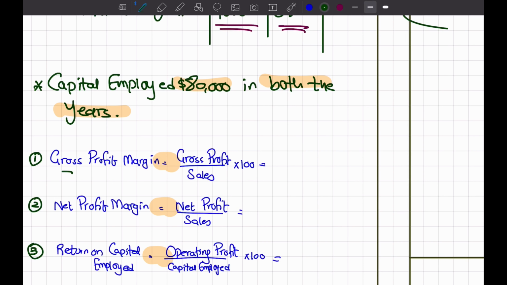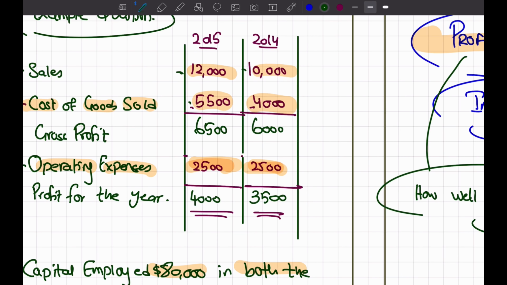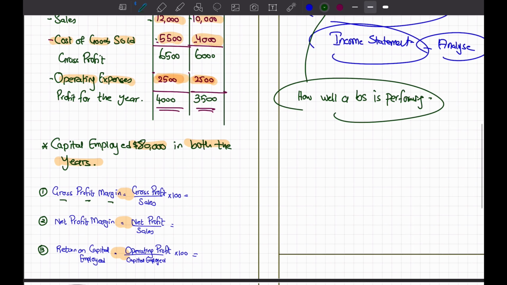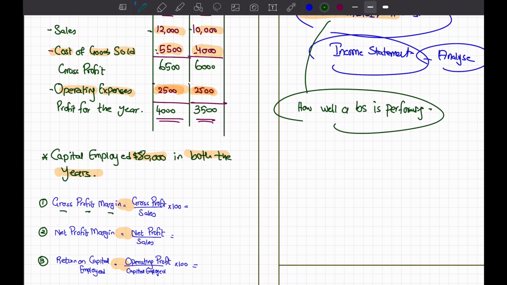Okay, so first is gross profit margin. I need gross profit and sales. Okay, so I can just zoom out a bit so I can do it easily. The gross profit was 6,500 and 6,000. I'm going to calculate for both the years, 6,500 and 6,000. And the sales were 12,000 and 10,000, as I can see,